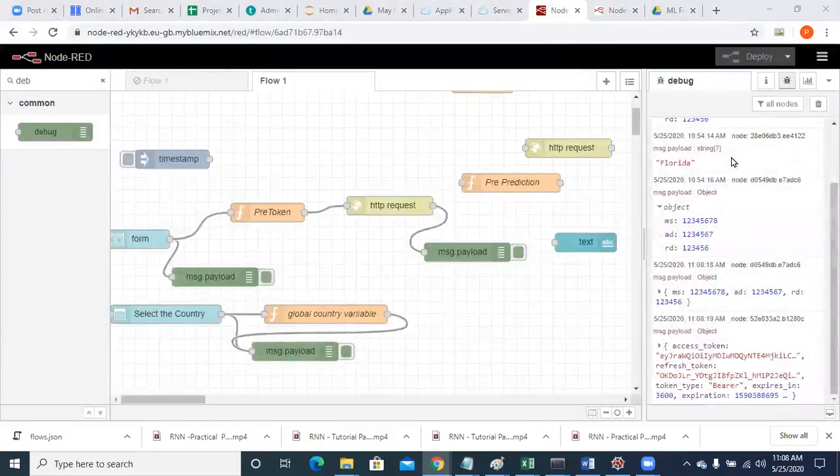On the debug window, you should find your access token. This access token expires in 3600 seconds, so it will not be there for more than 30 minutes, guys. So this OTP will expire in 30 minutes.